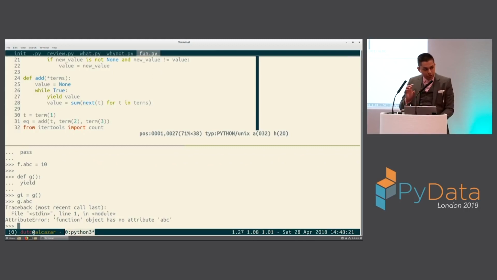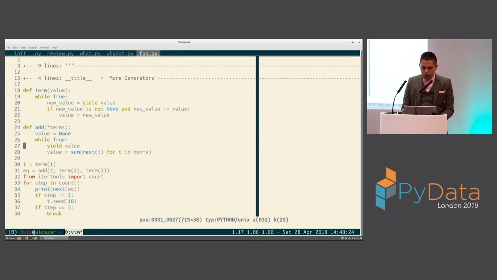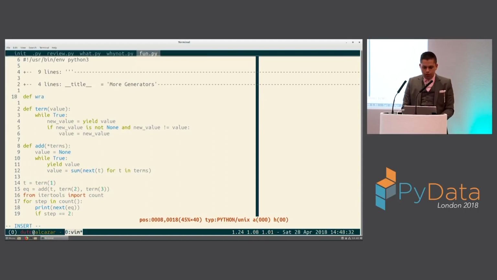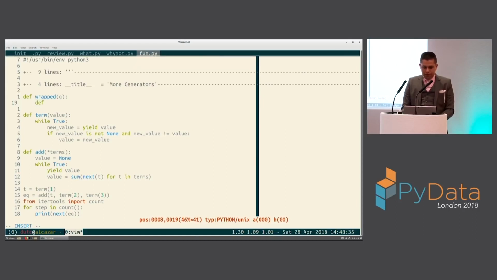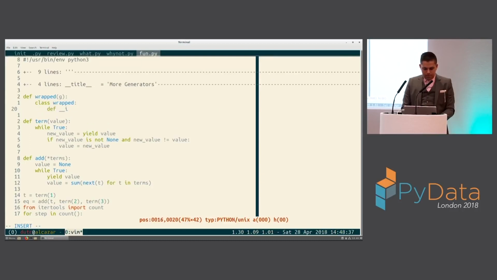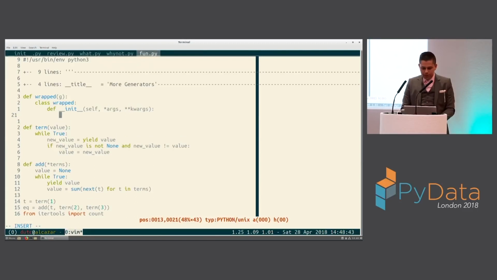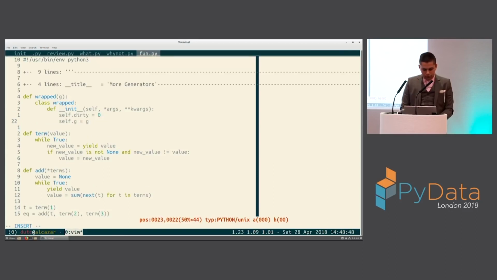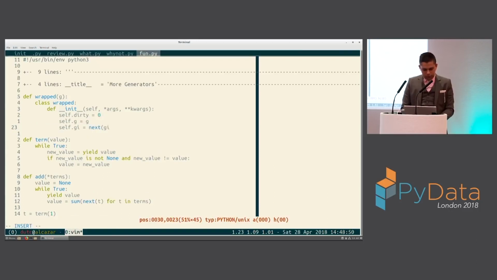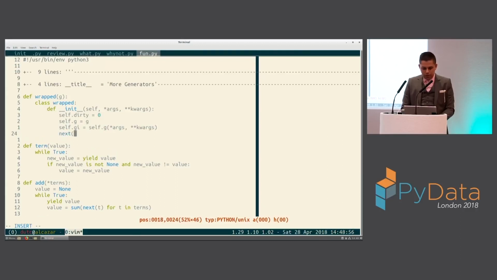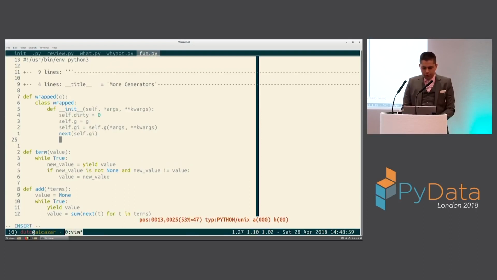So here we'll need to continue to use the generator formulation, but we'll wrap it in a larger object. So we'll create just a very simple decorator, and we'll call it wrapped. And we'll have a class here called wrapped. And we'll just wrap our generator. So we have a storage place to put something like this. And we'll pump it. This is one thing you'll find with these coroutines. You have to pump them, and we don't have time to talk about this.